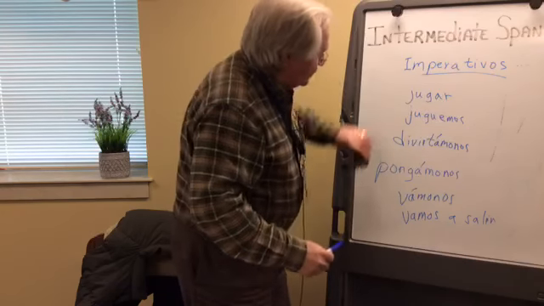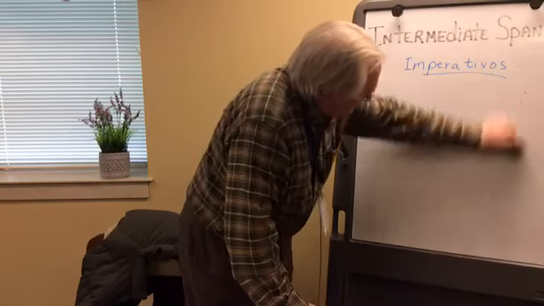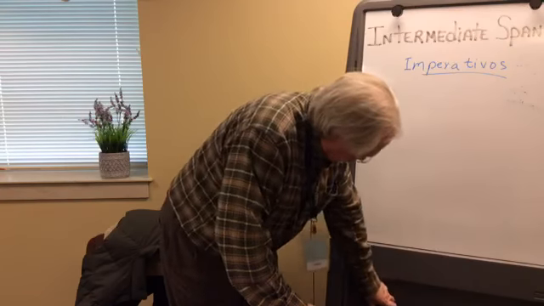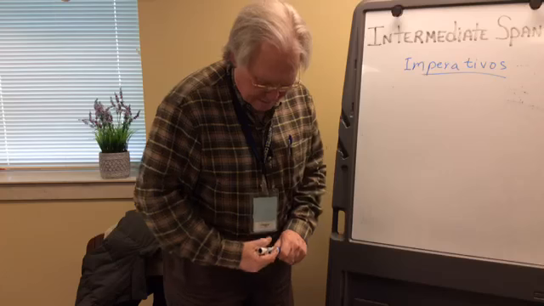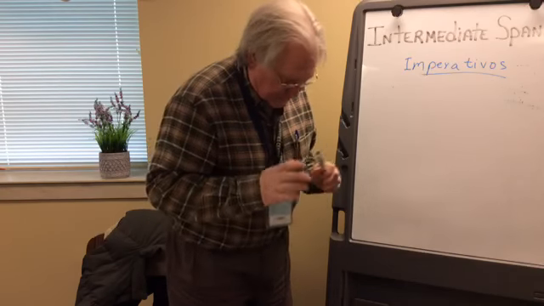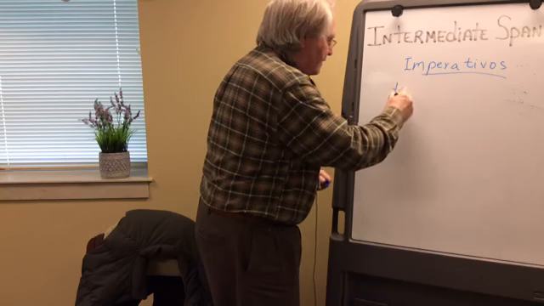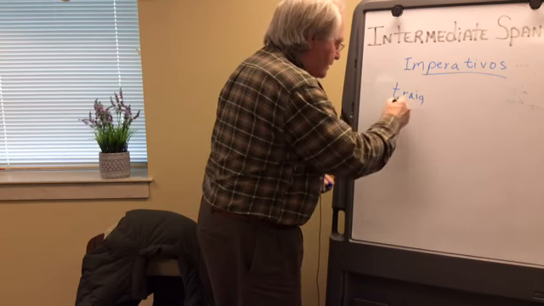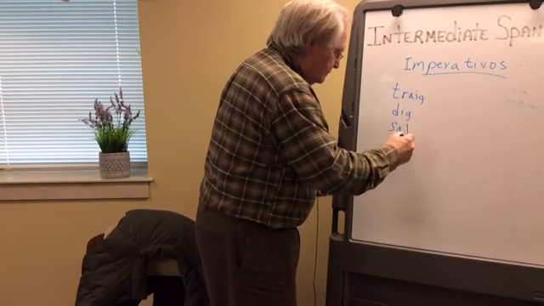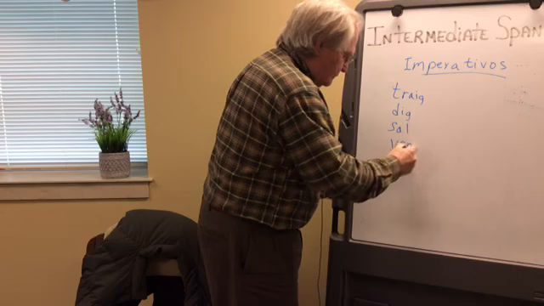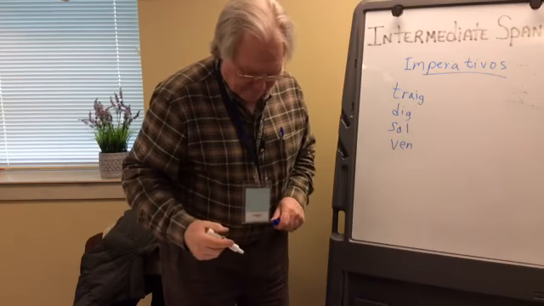Now the fun part comes with the negatives. Don't do that. Don't say that. Don't tell me it's going to get even more complicated. Using tú, remember we take the first person singular of the indicative with those irregular verbs and make that the root. So we had traigo, digo, salgo, vengo, and so forth. We have pago,